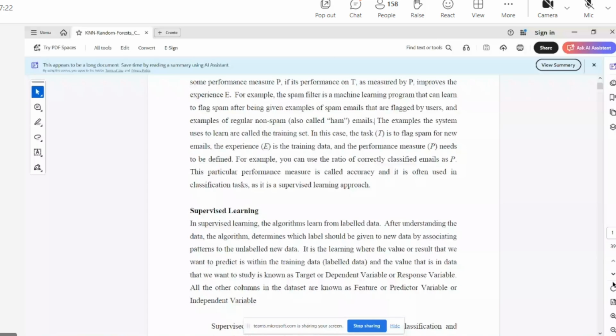Such a data set is called a labeled data set. When you have a labeled data set and a machine learning algorithm, that learning is called supervised learning.